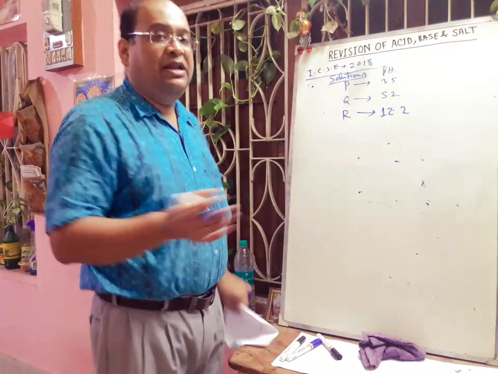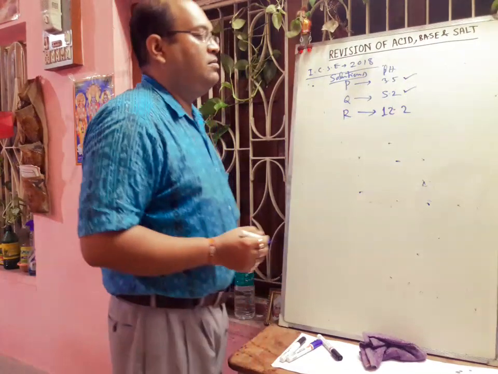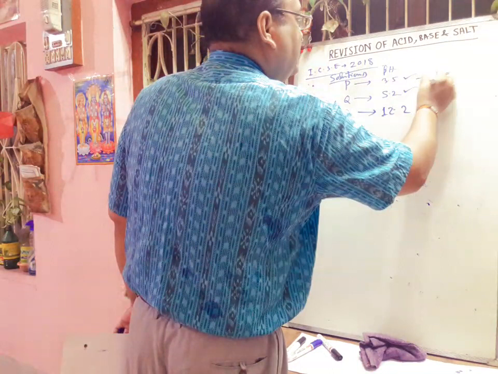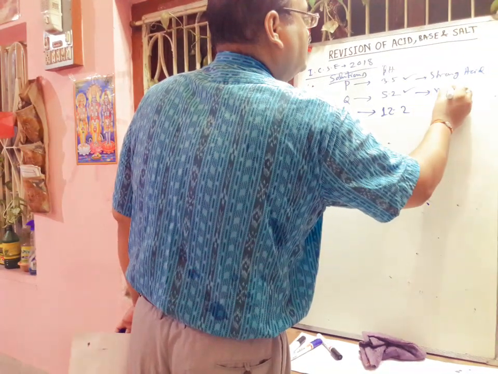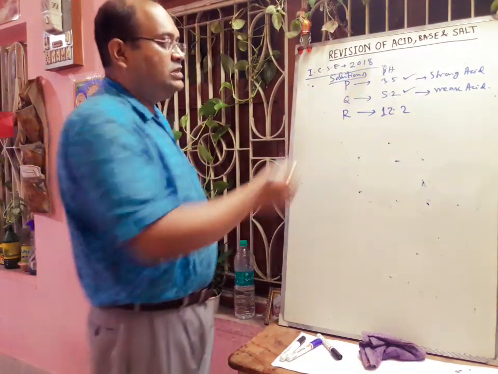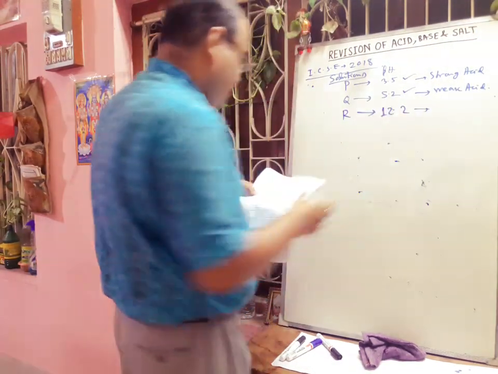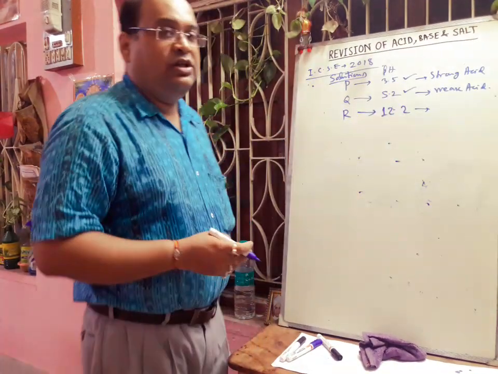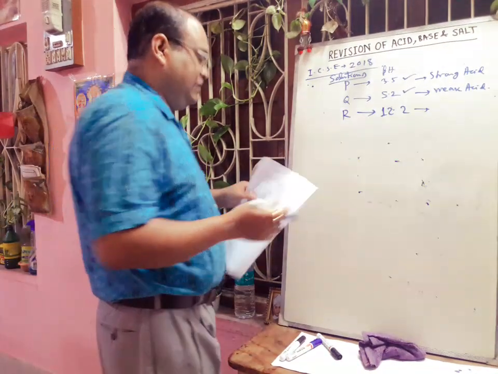Below pH 7 they are called acids. So this one is also acid and this one is also acid. But if the pH value is low, that means a strong acid. So P is a strong acid and Q is a weak acid compared to this, because its value is almost near to 6.9. And when we think about the pH of 12.2, that means it is close to 14. So it is a strong alkali.